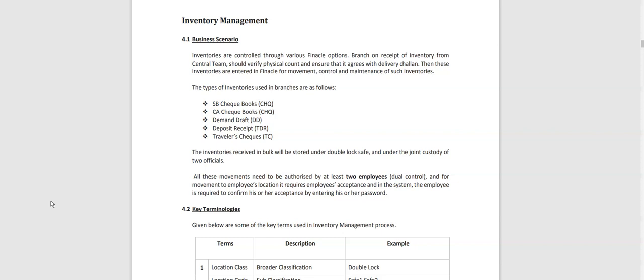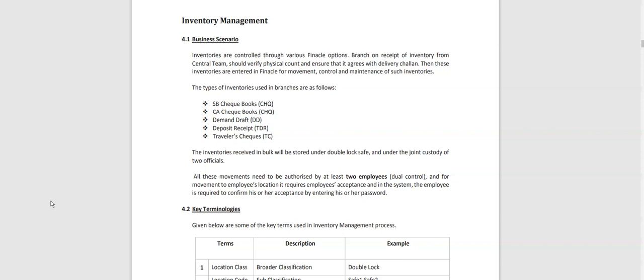When those inventories are received at the branches, they are physically counted and checked against the delivery challan, so that no book is missing from the lot. And these inventories are entered in Finacle for movement, control and maintenance.